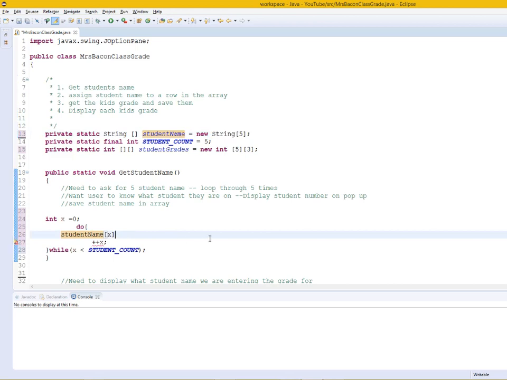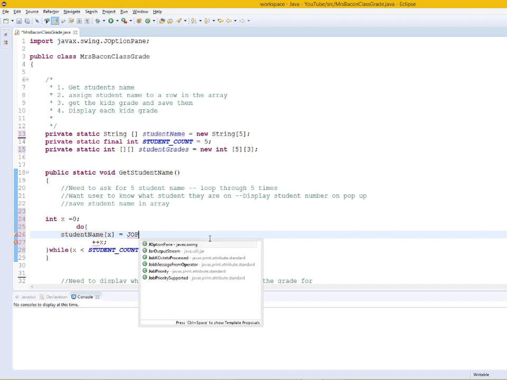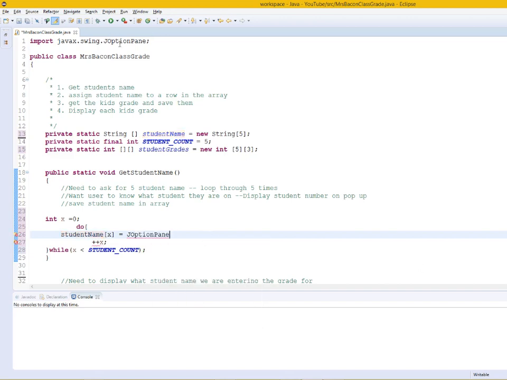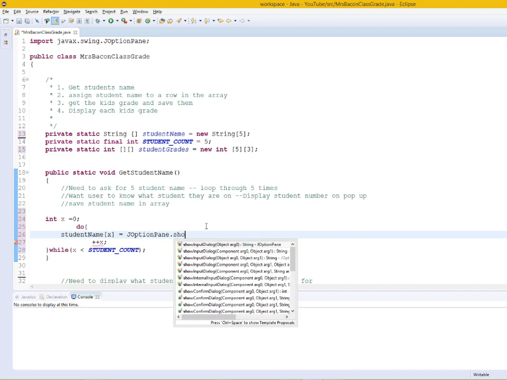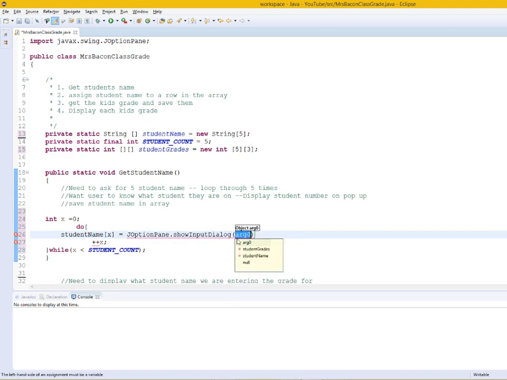So we have student names equal JOptionPane, and this is how I'm going to use my JOptionPane. Remember, I have this import. I imported this library up here. This is where I'm going to use it. So this is going to be the pop-up that I used in my example. So JOptionPane.showInputDialog, and then null as the first argument I'm passing, and the second argument, because this is basically a method,